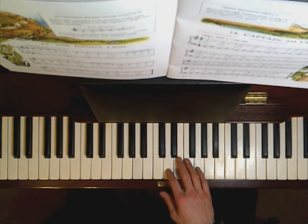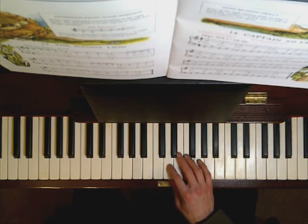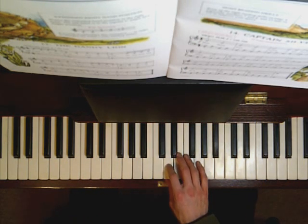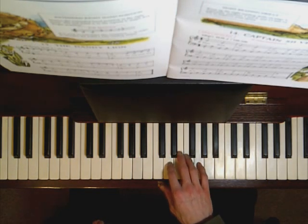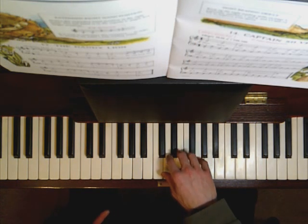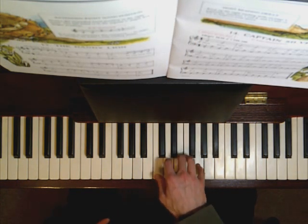You've got 4 quavers in a row, or 4 eighth notes in a row, as a pattern that comes up in this piece. You need to give it some shape to keep it steady, so maybe an accent on the first note, and then a slight one on the third one as well. So first, third,